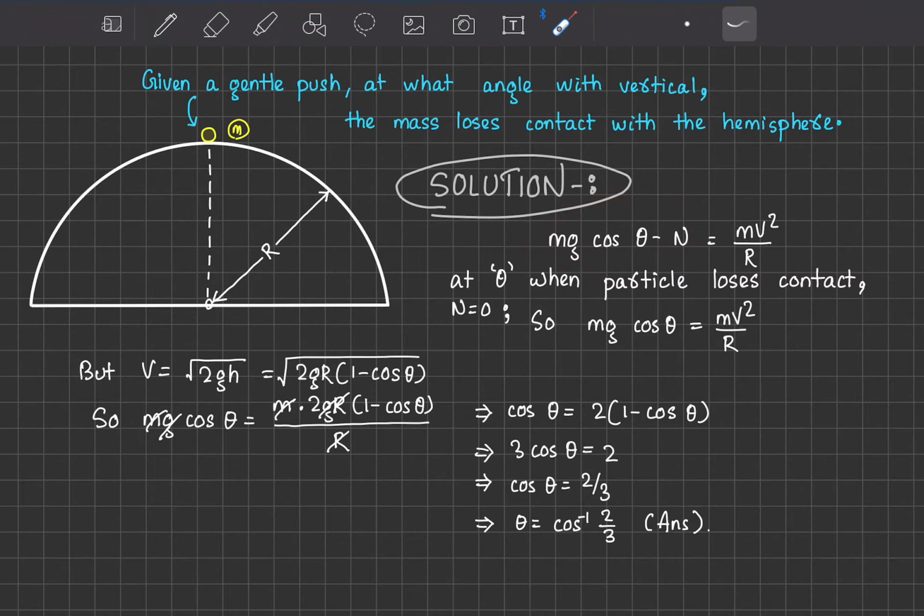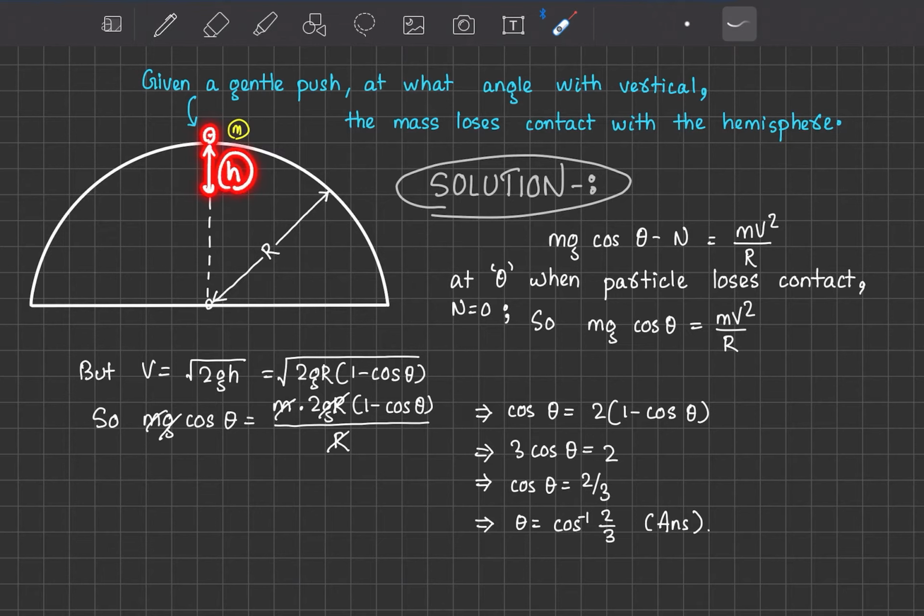Now when the particle loses contact at that angle theta, right at that point, normal will be 0. So for that particular point, we get mg cos theta equals mv square by r, right? Now if we talk about these 2 points, the particle has dropped by a distance of h. So again we can use directly energy conservation, half mv square equals mgh, or equation of motion. As we gave just a slight push, we can assume the initial velocity here was 0 and it has passed through an elevation of h.